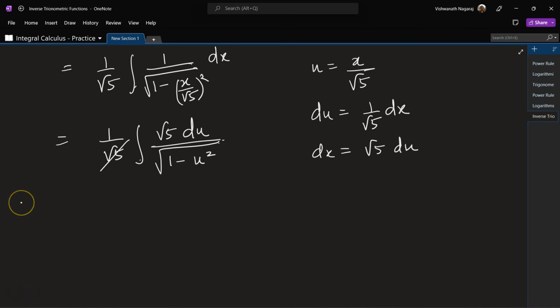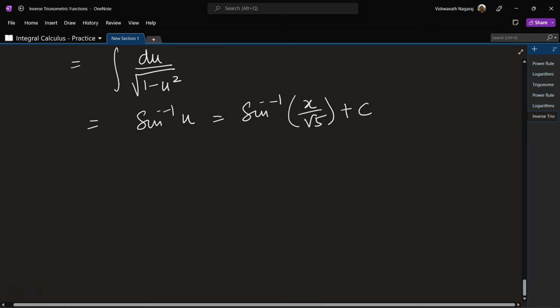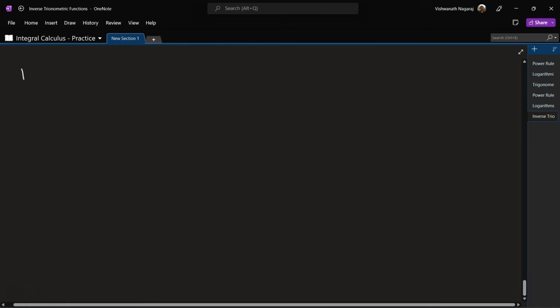Okay. Now root 5 cancels, and we are left with du by square root of 1 minus u square. And this we know is equal to sine inverse of u, which is equal to sine inverse of x by root 5 plus c. Okay, so that was the 11th one. 12th one,